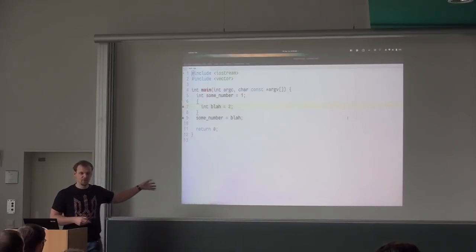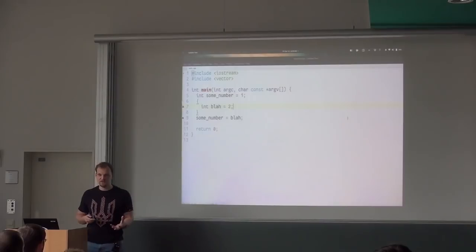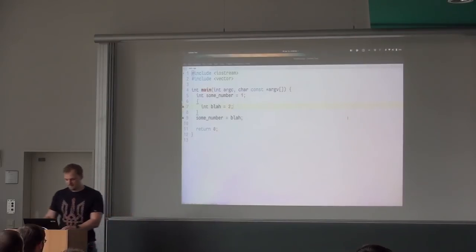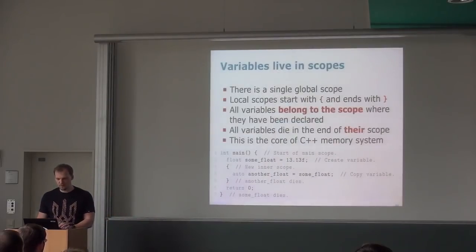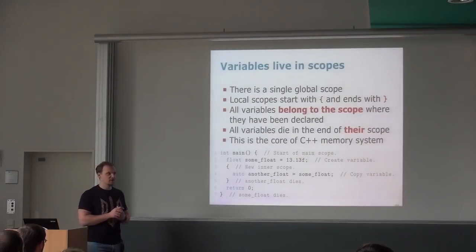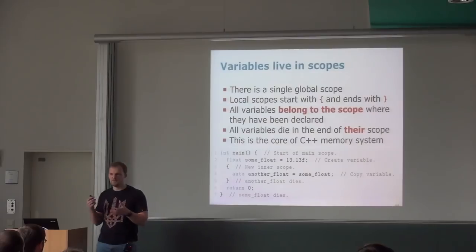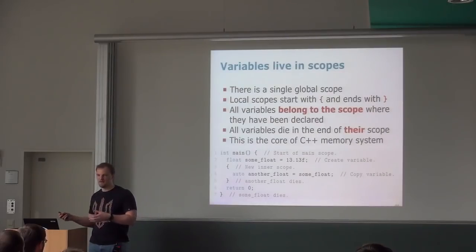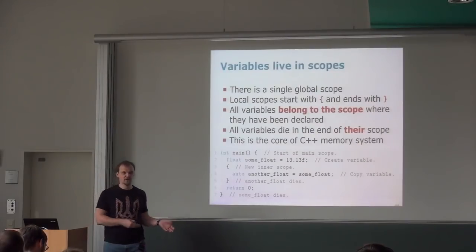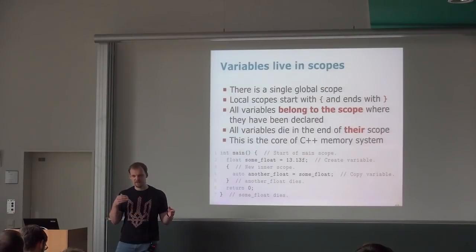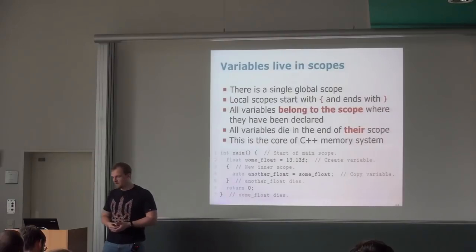It's a very stupid program to write because it doesn't do anything, but it illustrates the purpose, because whatever you create in a scope will be removed by the end of this scope. The cool part about it is that this basically defines how C++ manages memory. So that's why you don't need any garbage collection like in Java, because everything removes automatically when it reaches the end of the scope.